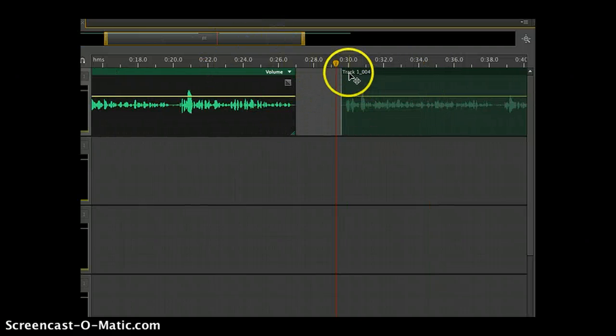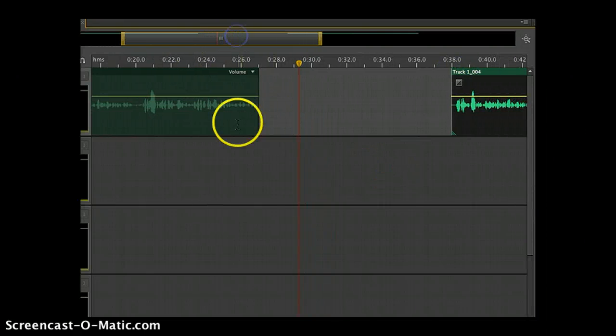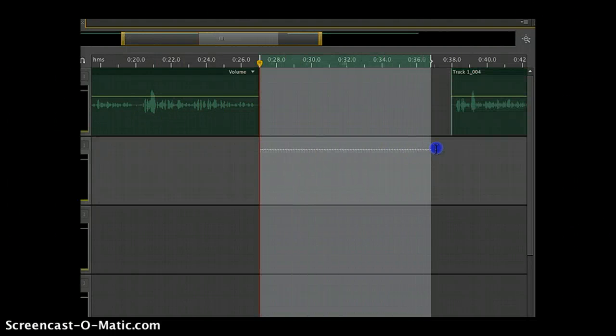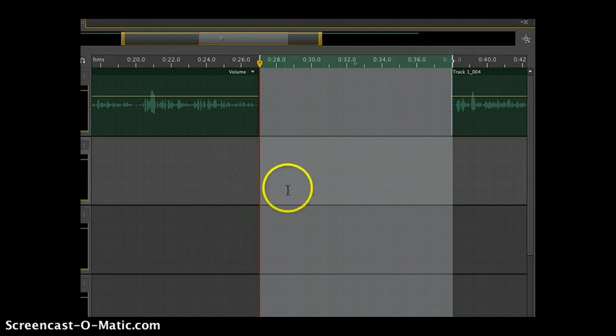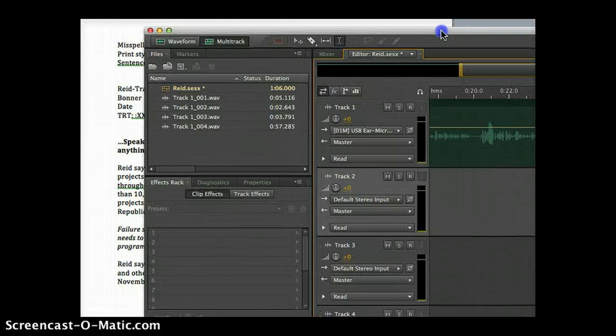And right here is where my actuality is going to go. So I'm going to create some space between my first voice track and my second voice track, but they stay on the same track. And then right here on this second track, I am going to pull in the clip that I'm using for this wrap. I don't have his bit right now, but I can tell you that I've got